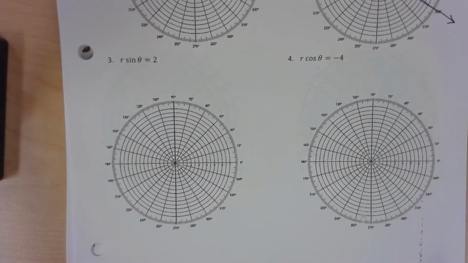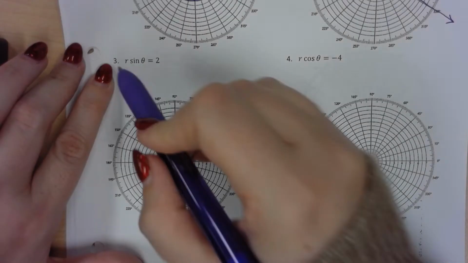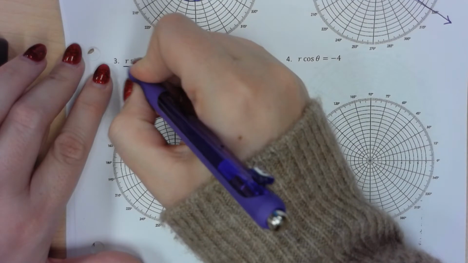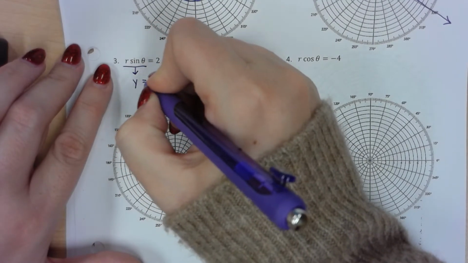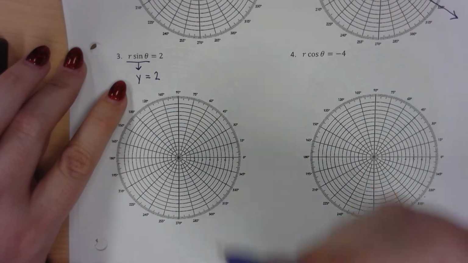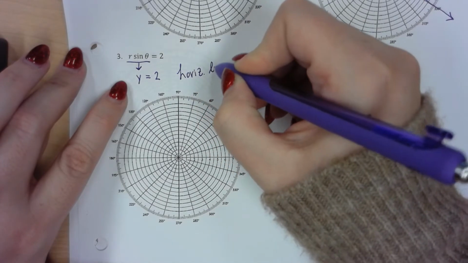Okay, moving on to 3 and 4. In number 3, I have r sine theta equals 2. Well, we know that r sine is the same thing as y. So this is the same thing as y equals 2, which if you remember back to algebra, that's a horizontal line